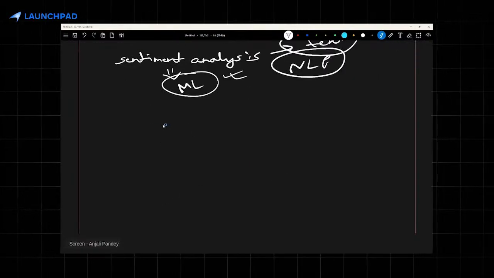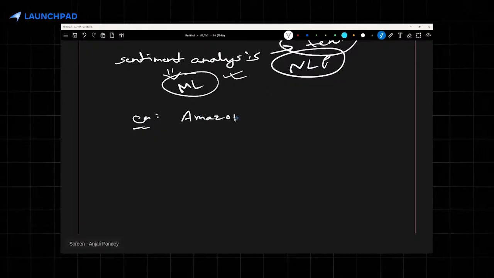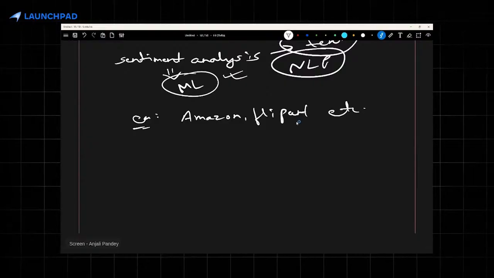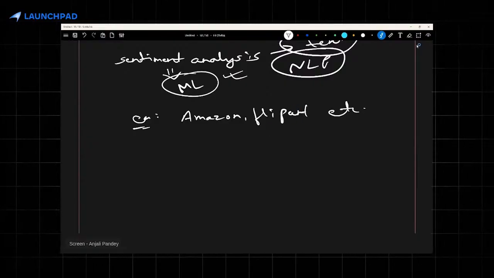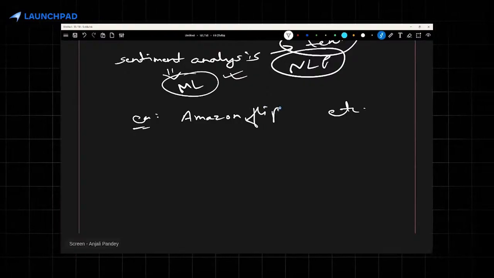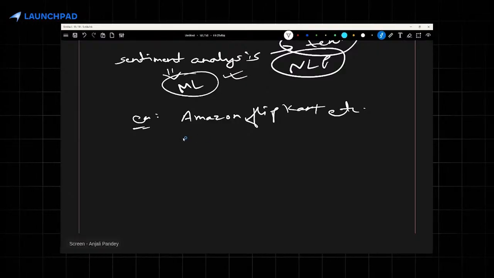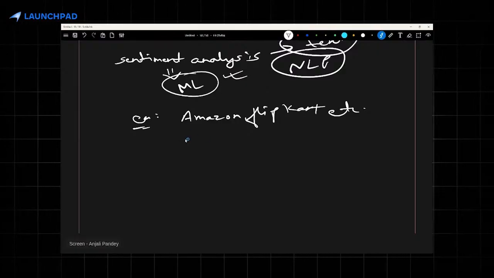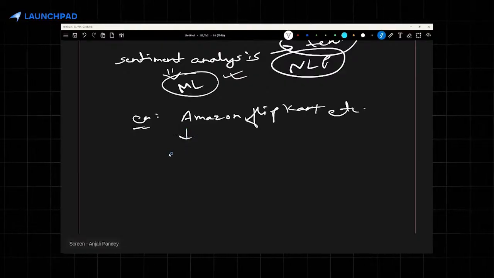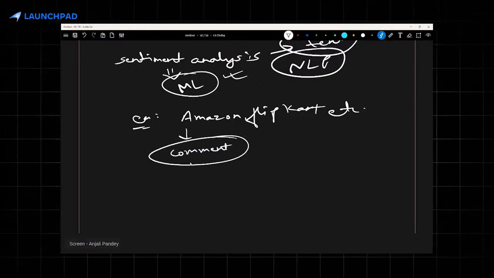For example, we all shop from sites like Amazon, Flipkart, or Myntra or any other company for that matter. All of these platforms, for every single product, if customers have bought it, they would have definitely reviewed it and given some kind of rating, right? Or probably would have written some comment as well. For a product, you will see the comments as well. Some of those comments